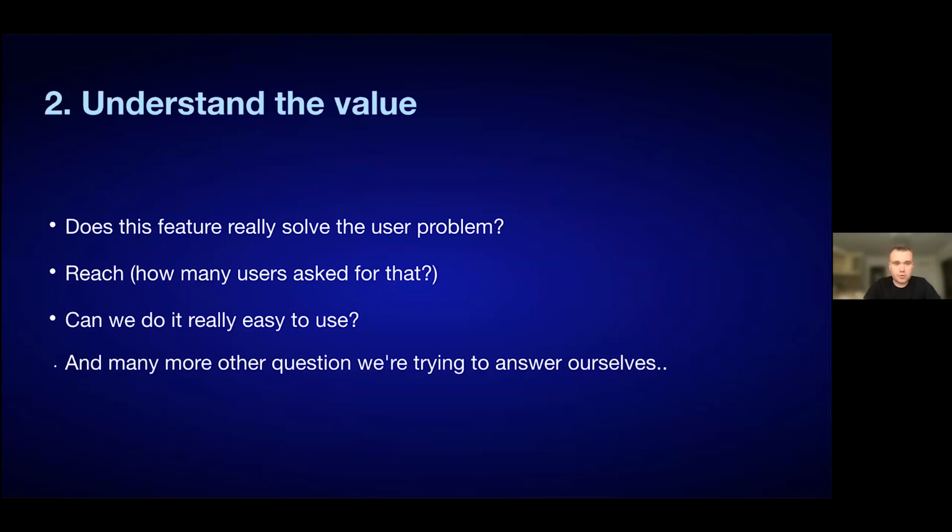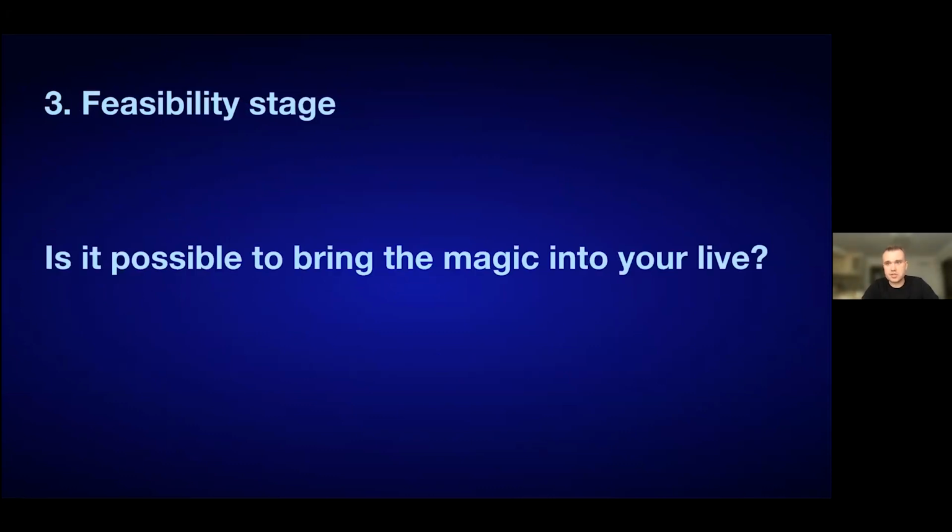So let's move to the third stage. The third stage is really important for us because even when we understand that an opportunity is really valuable, we need to understand if it's possible to bring the magic into your life. In other words, whether our developers could code this, and using our AI technologies could help you to solve your problem, because sometimes it's really hard to understand the problem, and sometimes it's really hard to learn your